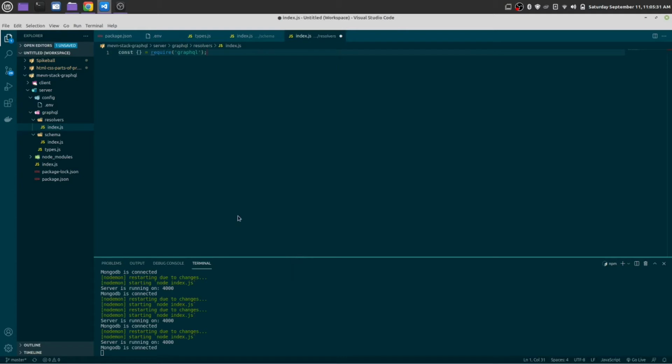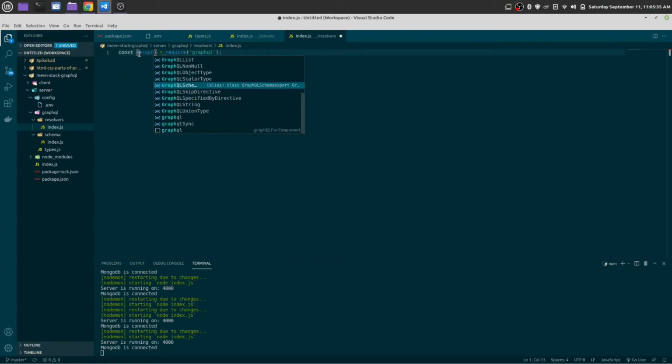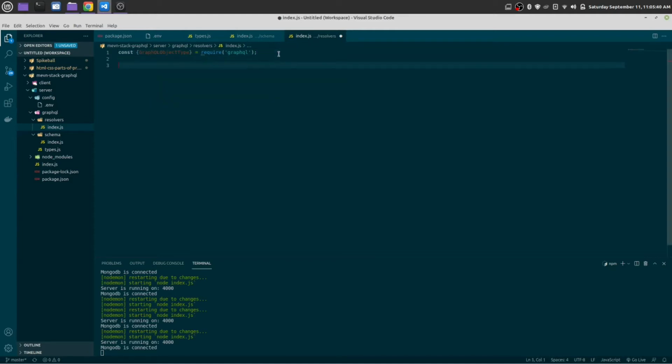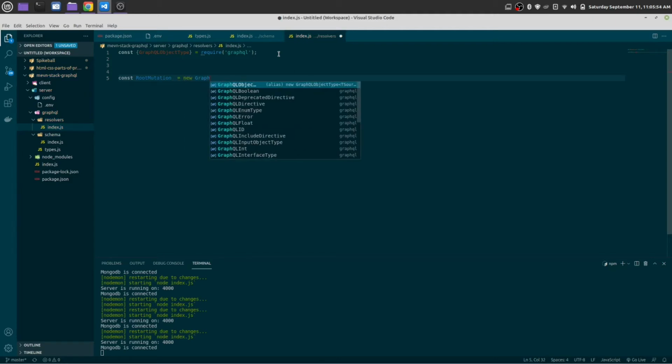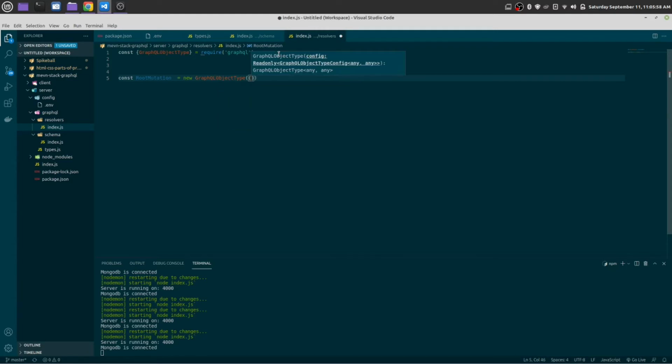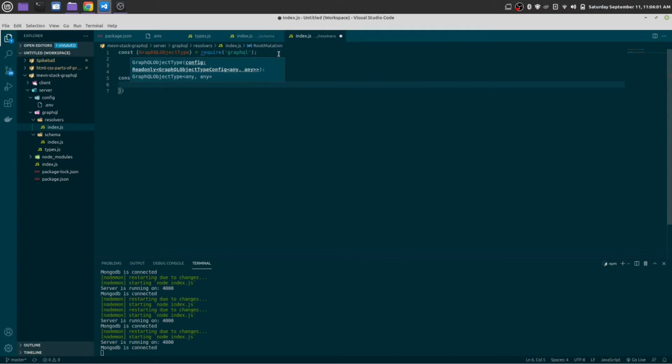Okay, we are going to require object GraphQL object type. const root mutation is equal new GraphQL object type, and this object will have a name of.